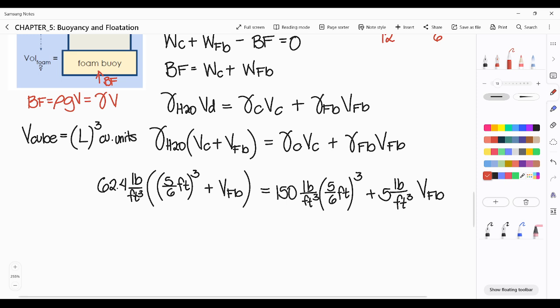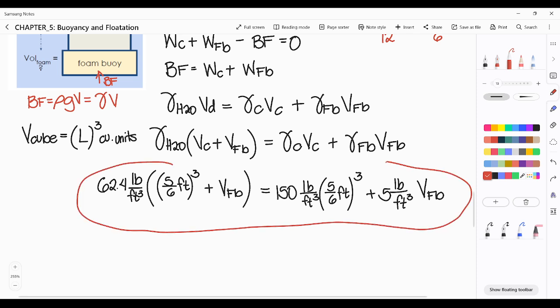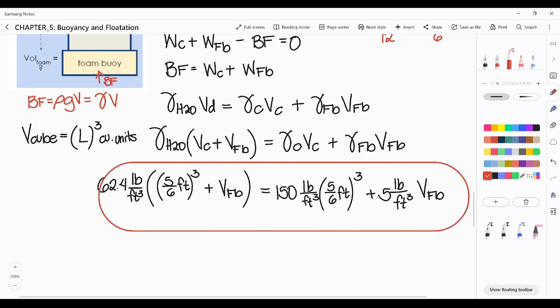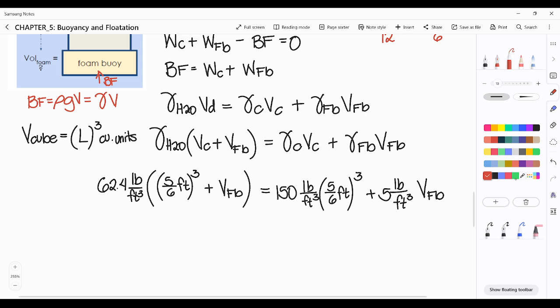And if we analyze the units, cancel out lang yung mga feet, cubic feet, and also the pound. Hindi pala, cancel pala yung pound. And we will be left with cubic feet, which is an indication na tama yung ating solution since we have arrived with the correct unit, which is cubic feet. And if you salpak mo lang to sa calcu, this equation, you type that into your calculator and then use the shift solve function, you will arrive with